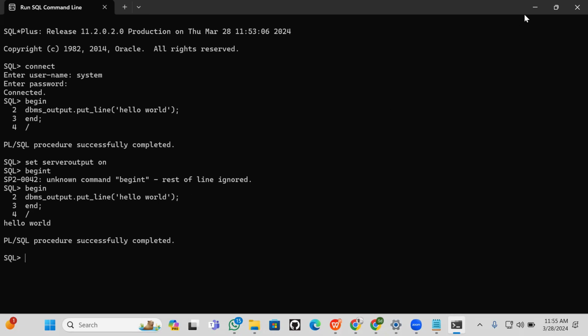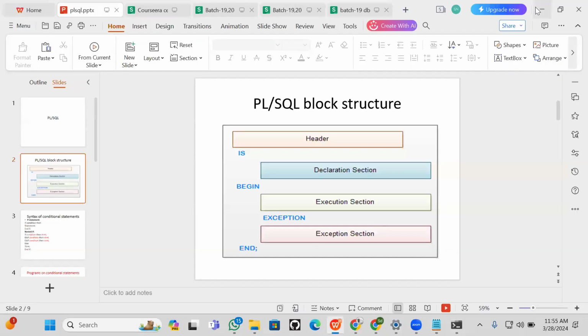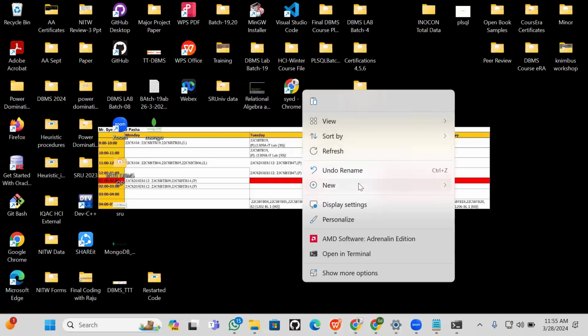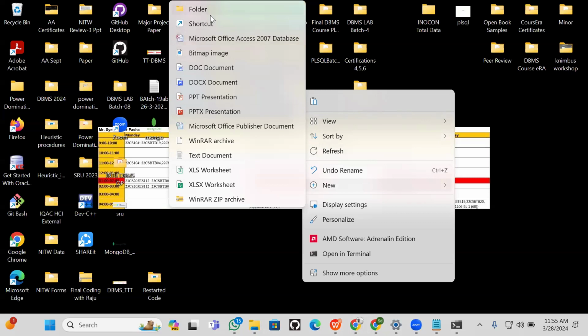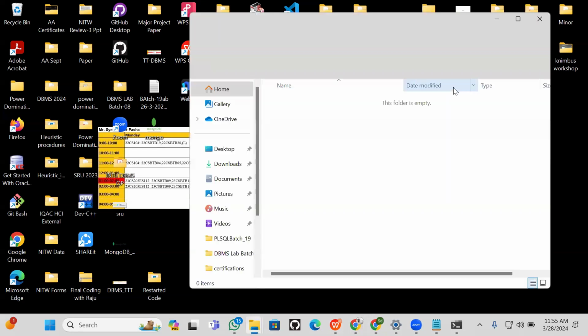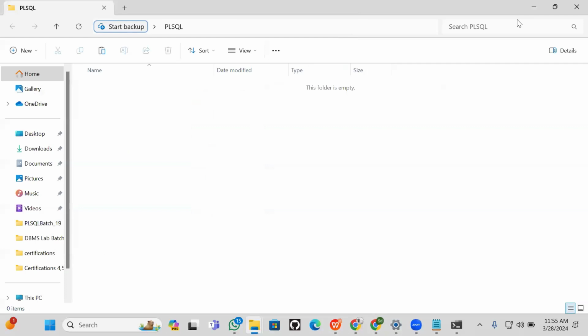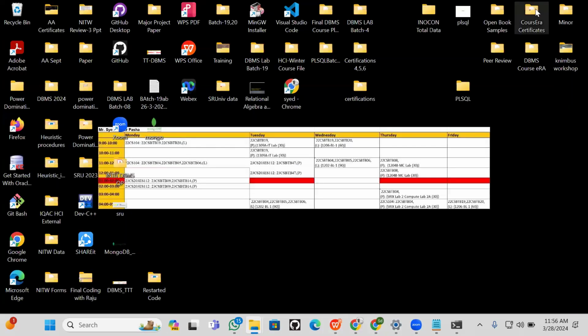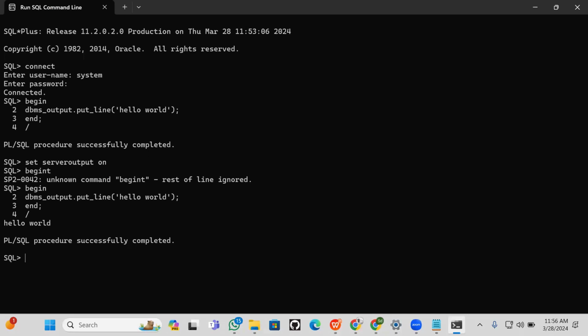For that, you create one folder on your desktop or any of your drives. You create a new folder. Give the folder name as PLSQL, or whatever name you want to give. Open that folder and copy the folder path. Control C, copy it. Come to the